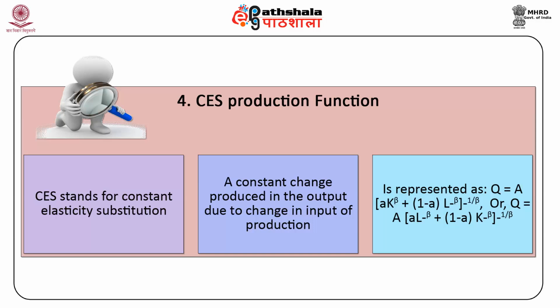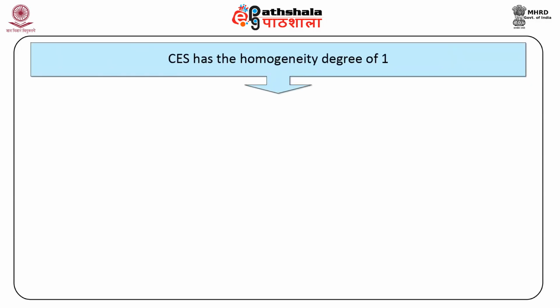Q = A[a K^β + (1-a) L^β]^(1/β), or Q = A[a L^β + (1-a) K^β]^(1/β). CES has the homogeneity degree of 1, that implies that output would be increased with the increase in